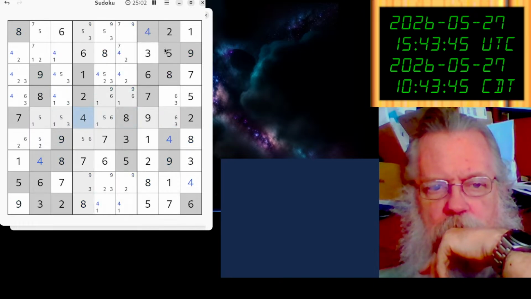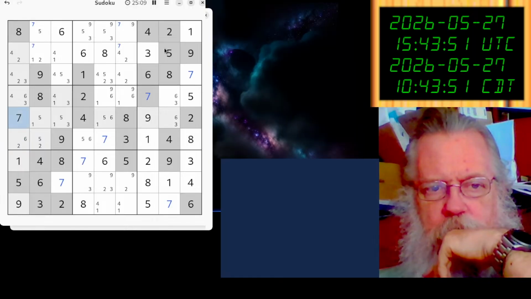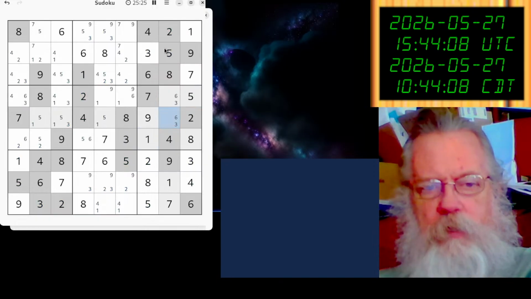Now we do this logging function. All right. So we've got two possibilities for 6 here. Yep, these two can't be a 6. Two possibilities for 6 here, and 2 for 6 here. Grab any one of them,